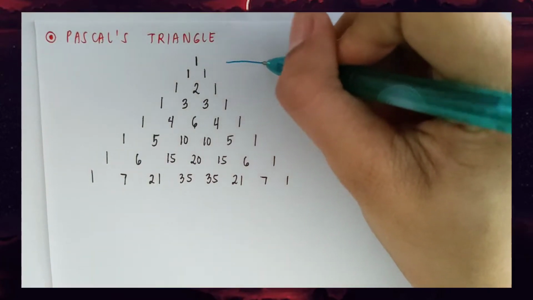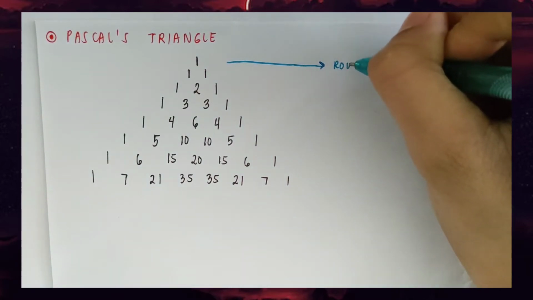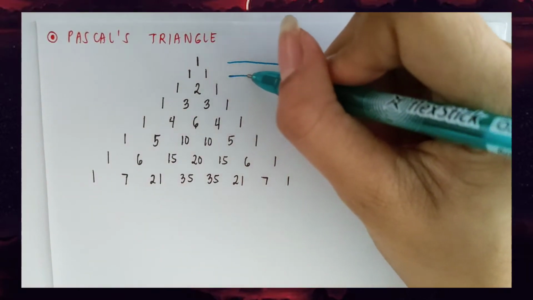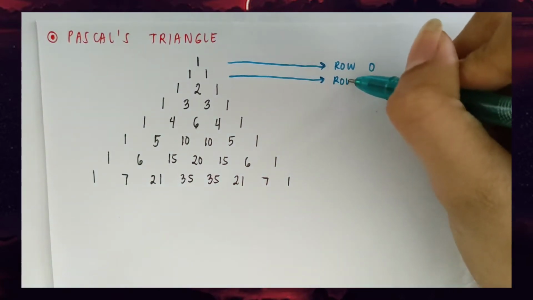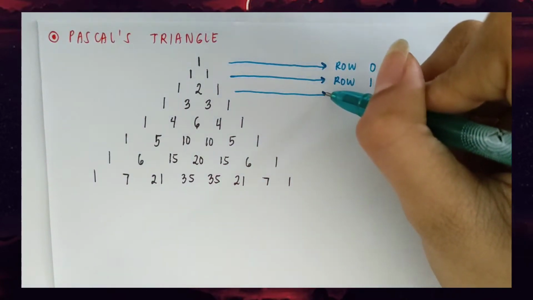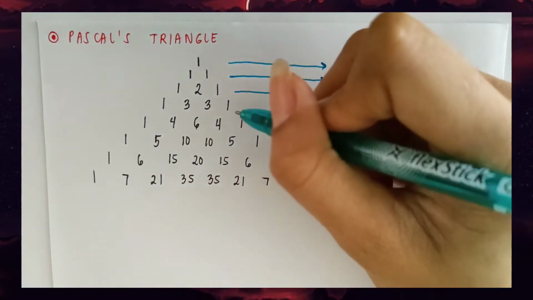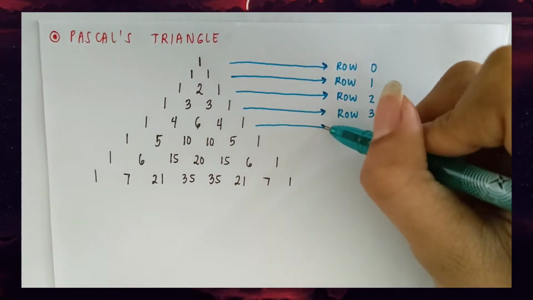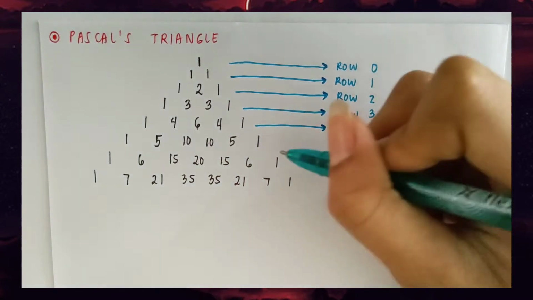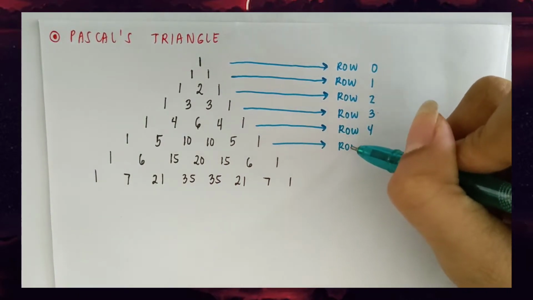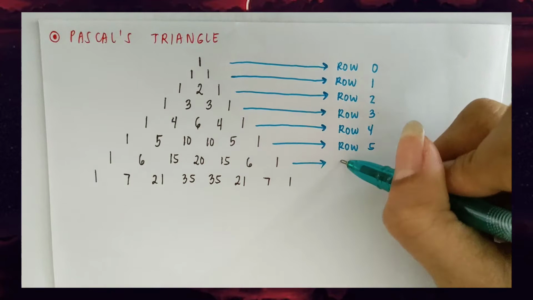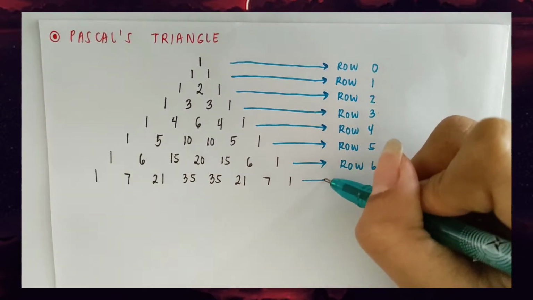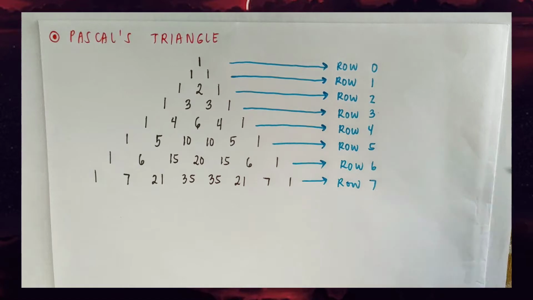So on this part, we have here row 0. Next, this is your row 1. Row 2. Row 3. Row 4. Row 5, row 6, and then row 7. You might be asking what is the connection of Pascal's triangle in our lesson, which is